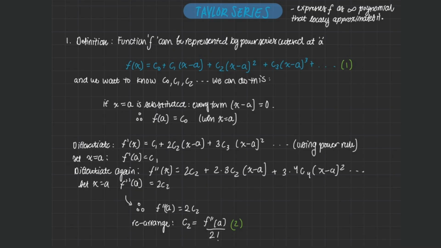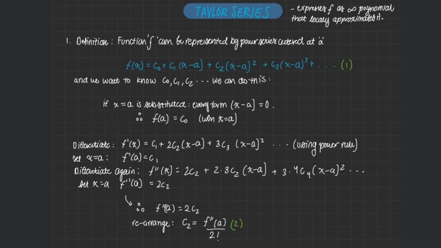So let's first define what a Taylor series is. Suppose a function f can be represented by a power series centered at a. This is the first function that is represented at the top here in blue. Our goal is then to find out what the coefficients c0, c1, c2, and so on must be. And we can do this by differentiating